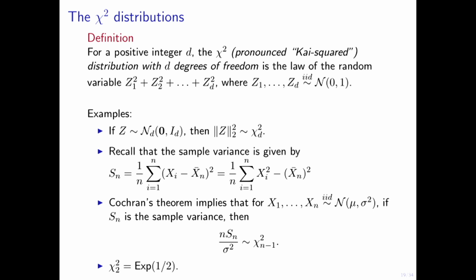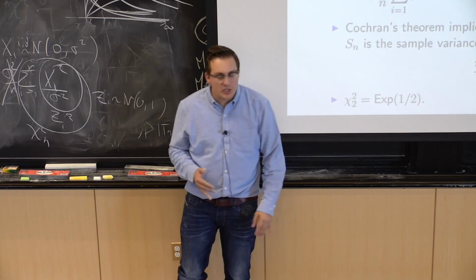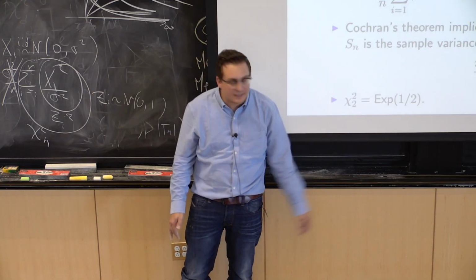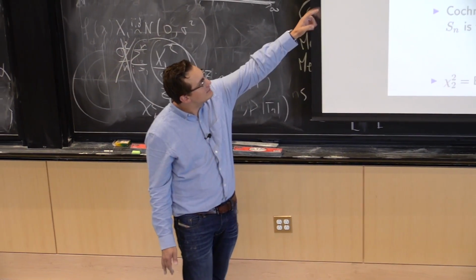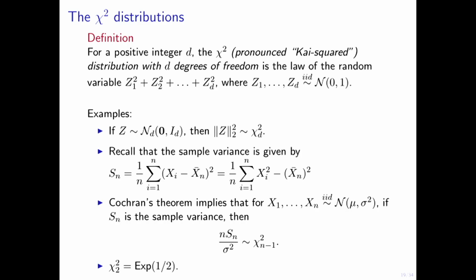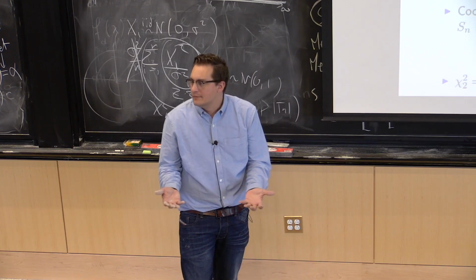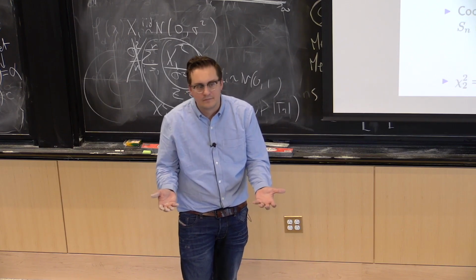OK? Now, just a side remark, you can check that this chi squared 2 is an exponential with half degrees of freedom, which is certainly not clear from the fact that z1 squared plus z2 squared is a chi squared with 2 degrees of freedom. Right? If I give you the sum of the squares of 2 independent Gaussians, this is actually an exponential. That's not super clear, right? But